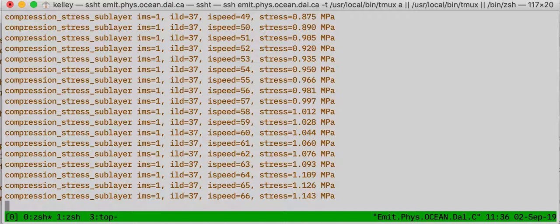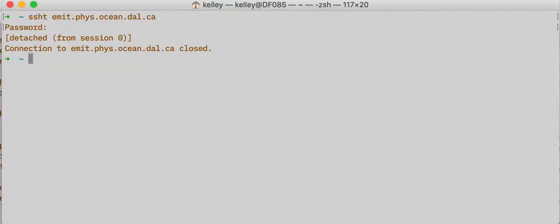And so I'm going to do Control B D for detach, and I'm now disconnected. I've disconnected from the tmux. It's still running. All those jobs are still running on my work machine. And I can reconnect to them anytime I want just by doing this. On a machine,